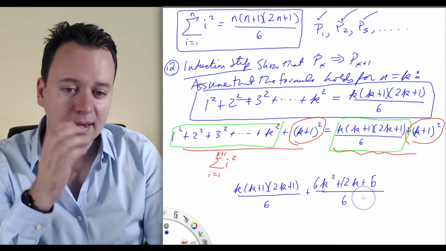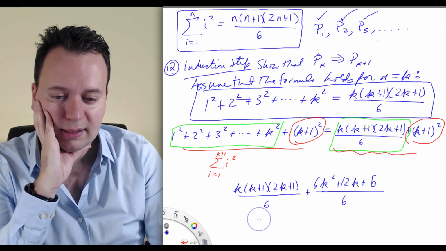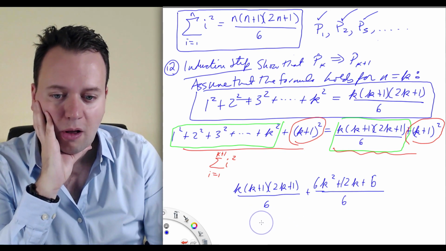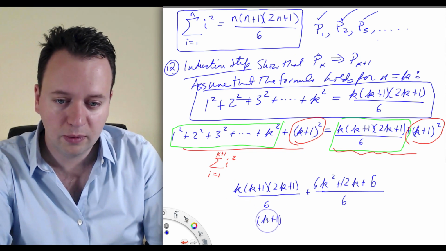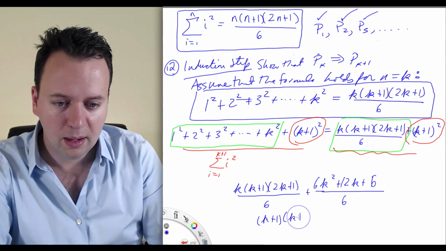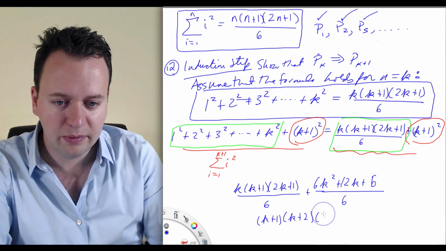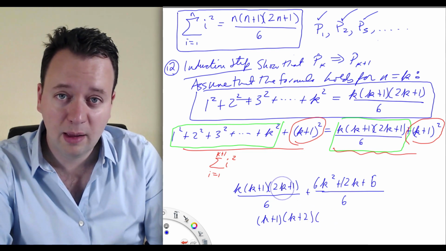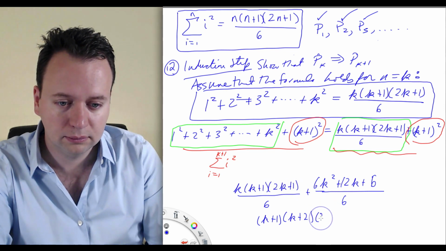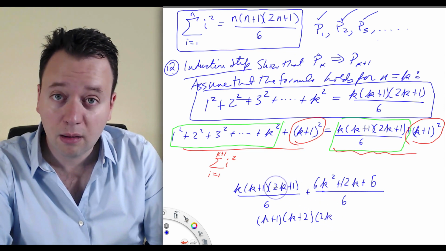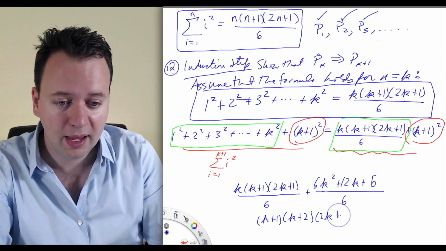And if we combine these, the whole idea is to combine them and show that all of that's equal to the formula with k replaced with k plus 1, so k plus 2 times, if I replace k with k plus 1, this 2 will factor, so we get 2k plus 2 plus 1, so 2k plus 3